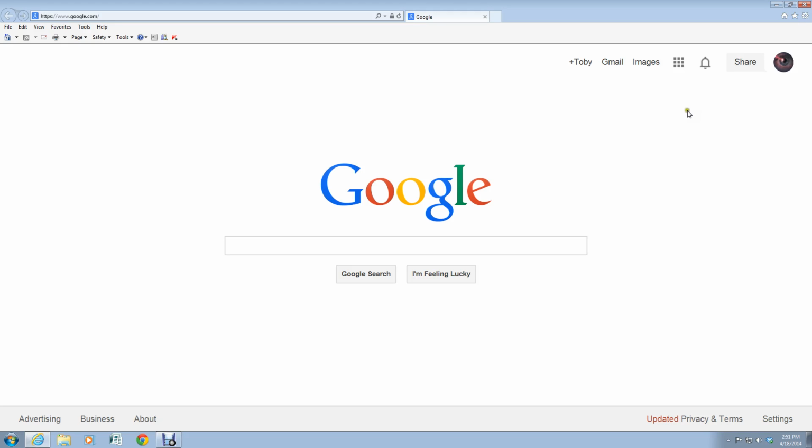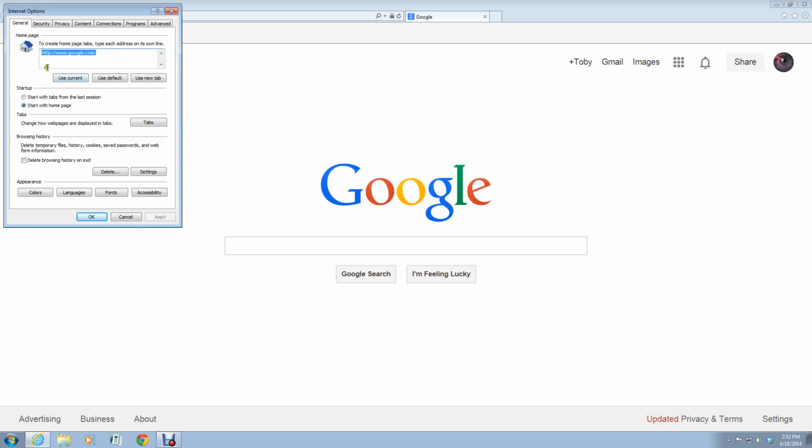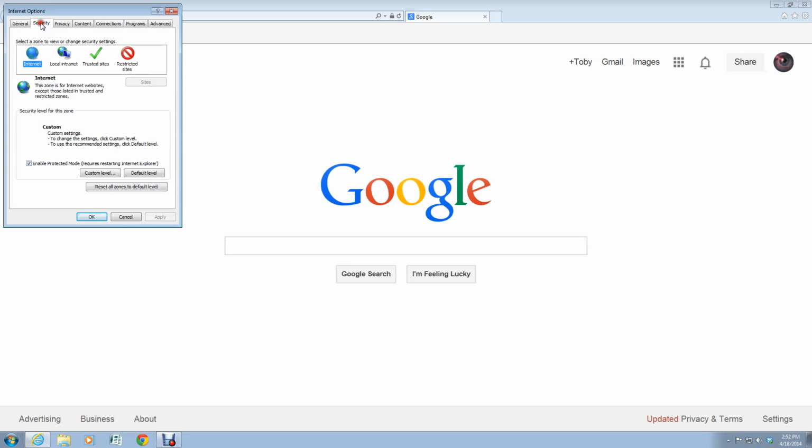So if you're running an older version, if you're running XP or 7, you may not have this little gear up here. And in some versions you may not have the toolbar here where it says Tools. So I've gotten used to opening this up here, so we go down here to Internet Options. In Internet Options, what you want to do is open up the Security tab, and then we're going to allow ActiveX settings. The NVR needs to download an ActiveX setting into your computer. So we're going to go down here to Custom Level,